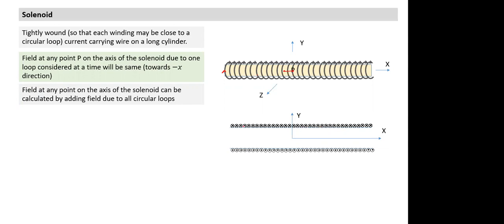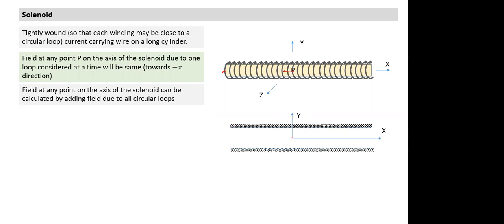So I'll see here, wherever it is going in, top part is going in, bottom part, the loops are coming out, current is coming out. So this is a typical sectional view. I hope all of you understand sectional view. If I have something and I cut it into 2 equal halves using a vertical plane, this is what it would look like. So this is a typical way we represent a solenoid. I hope you all understand what the sectional view is.